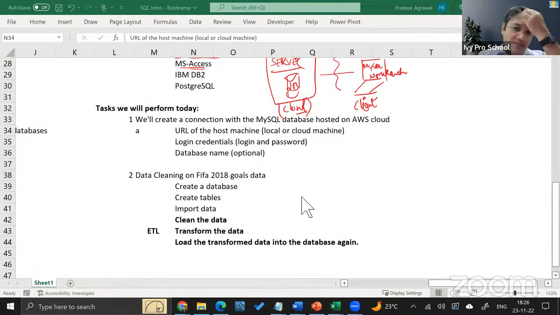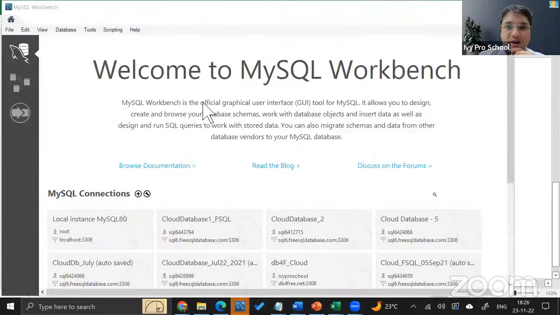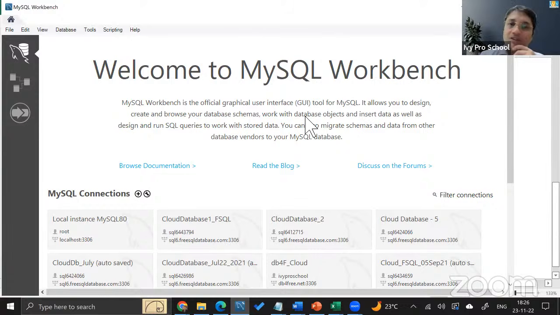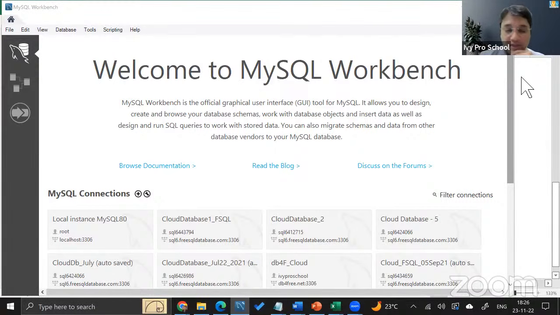When you open MySQL Workbench, it takes a couple of moments to open depending upon the speed of the machine, the processor. Be patient, it will open. It is the official graphical user interface tool, or the client, to connect to MySQL databases, right? It is just one of them though. There are many other client software with which you can connect to the database.